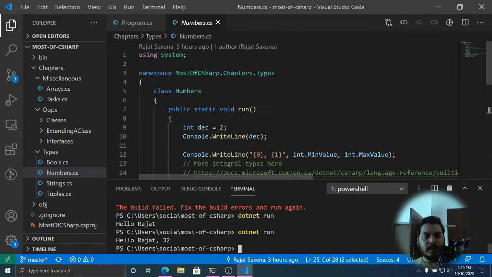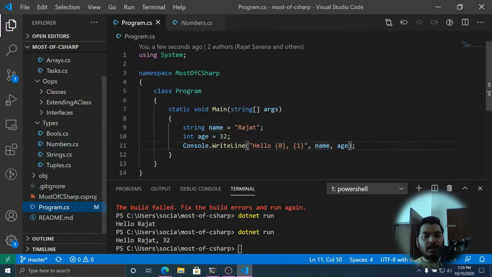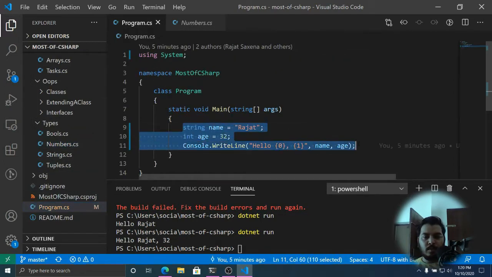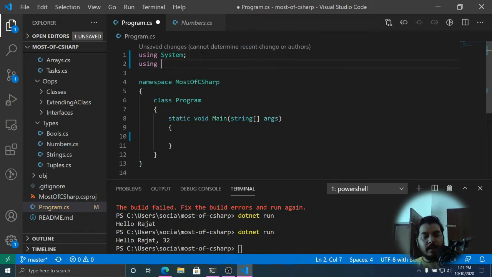In order to run this program, first of all we have to get rid of this, and then we have to import our program.